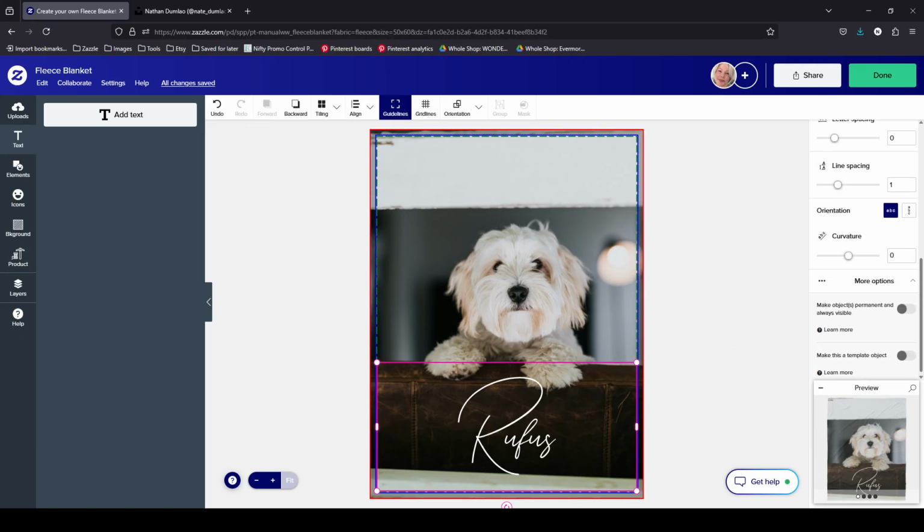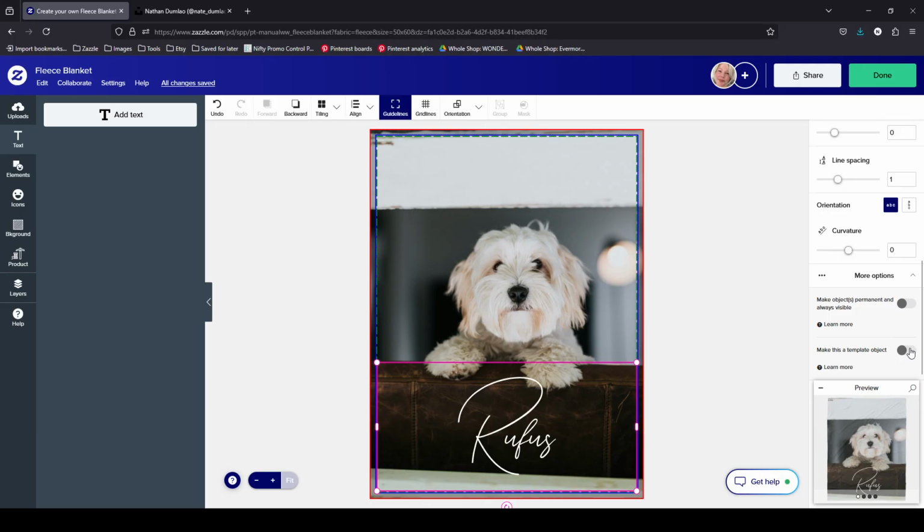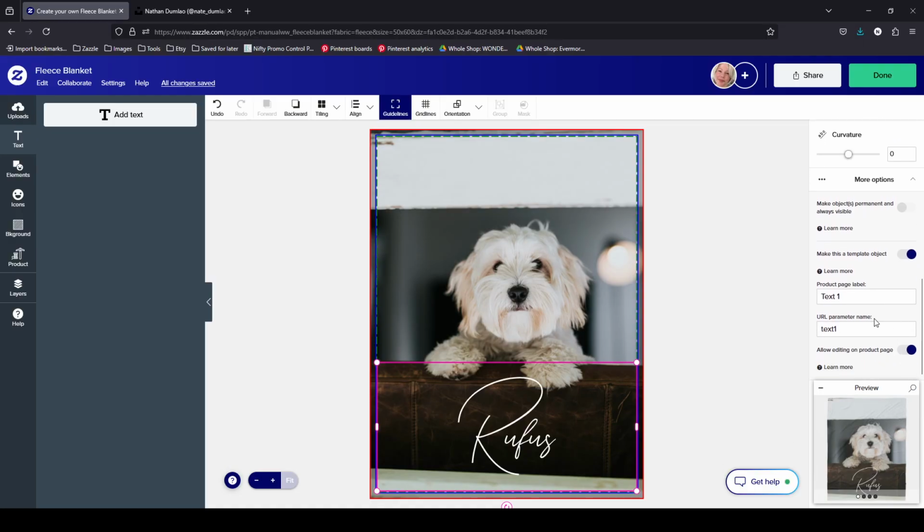I now need to make it a template object, so I'm going to click on that little slider down there, and now the text one is there, and we're going to say name, or you can say your text, whatever it is that you want to explain what this is. Now this looks great